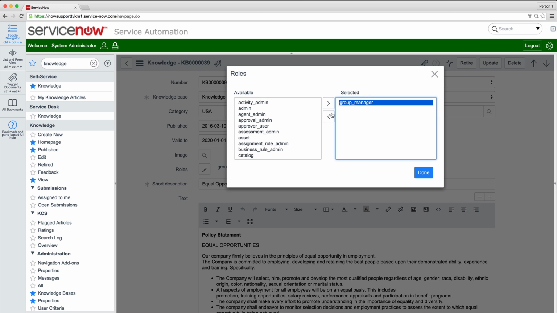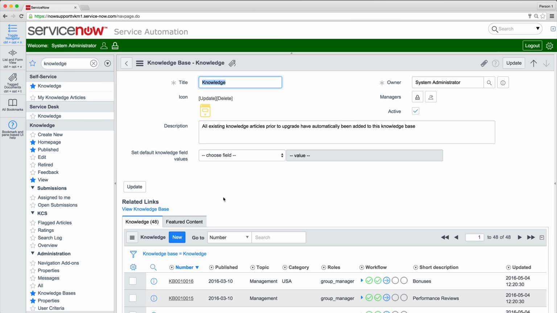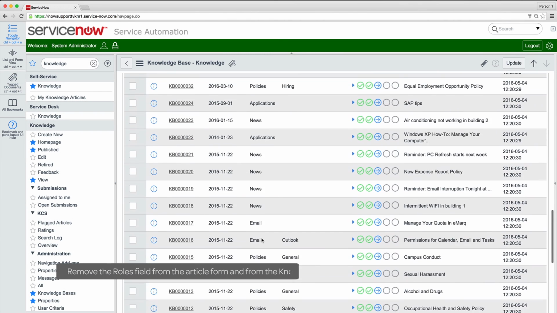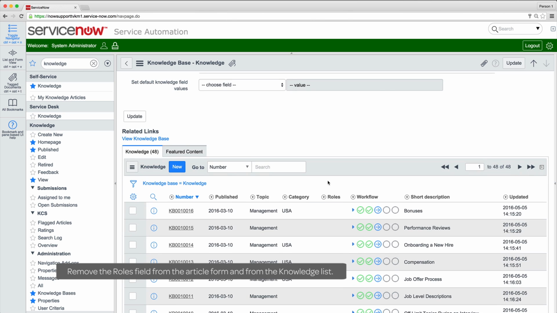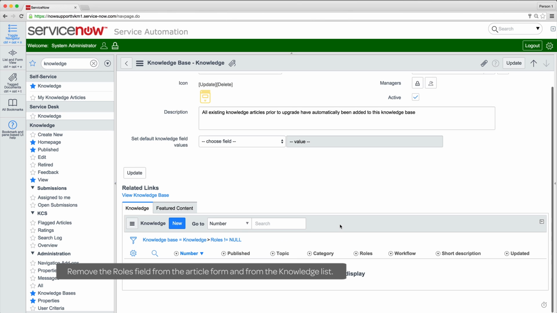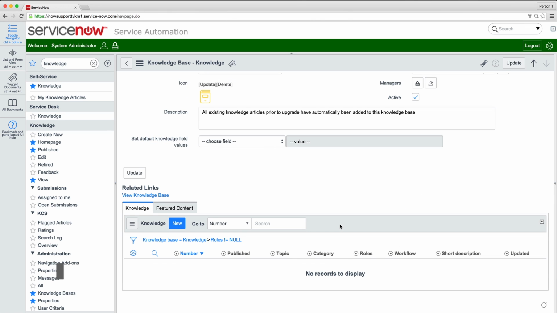Now we just remove the roles from each article. After confirming that we got rid of them all, we should remove the roles field from the article form and from this list. When we migrate this content to the Management KB, the whole knowledge base will be restricted by